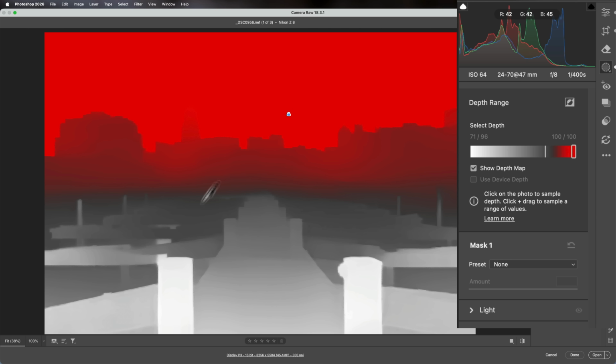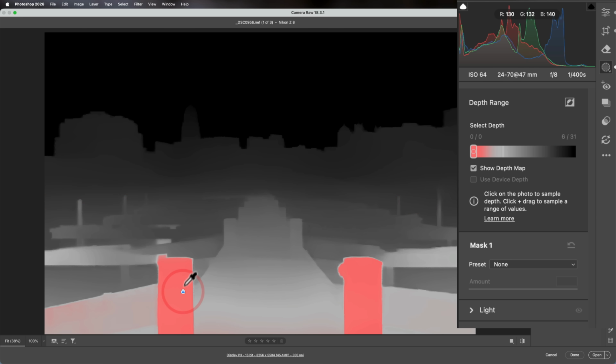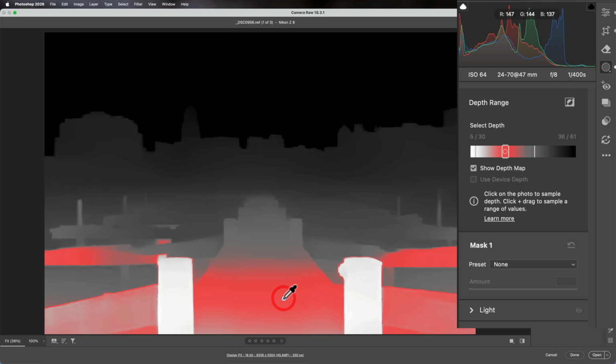Now, I say most of the edit. Let me click over here in the foreground, and we have these little lights that are on the dock. So those have the red overlay because those are closest to the camera. So if I did do an adjustment, it would affect that. But you'll also notice that, let's say I click here, it's kind of affecting other areas. So I have this part in the foreground that's a darker red, and then it's getting lighter, and then it's kind of darker again. So we have this kind of depth